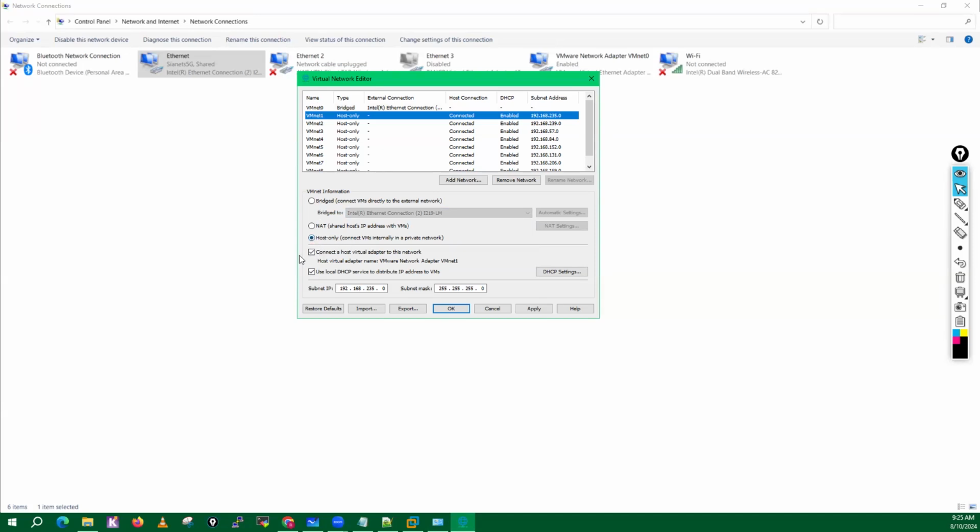which is by default. Select both of these options if they are not selected and change the IP range here and configure the range, which is 10.1.1.0. In VMnet 2, repeat the same process. Host only, connect a host virtual adapter, use DHCP settings and just configure here 10.2.2.0. In VMnet 3, repeat the same thing,